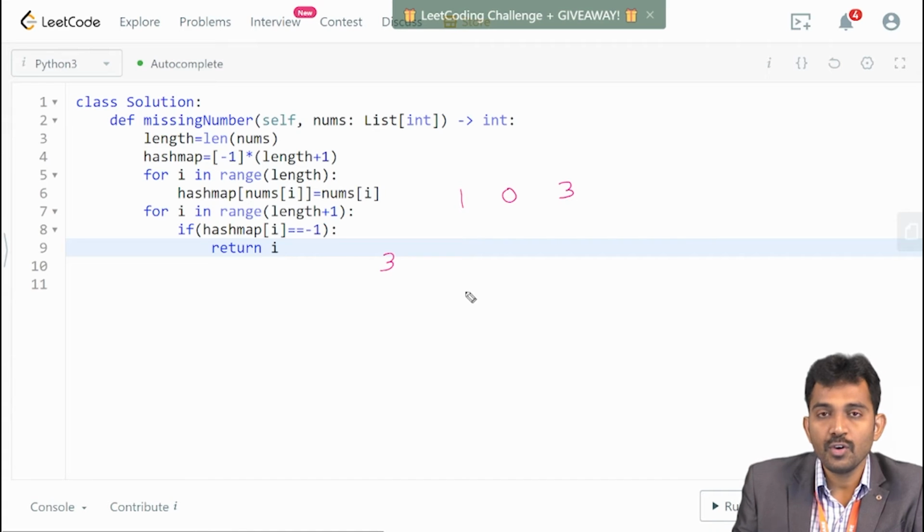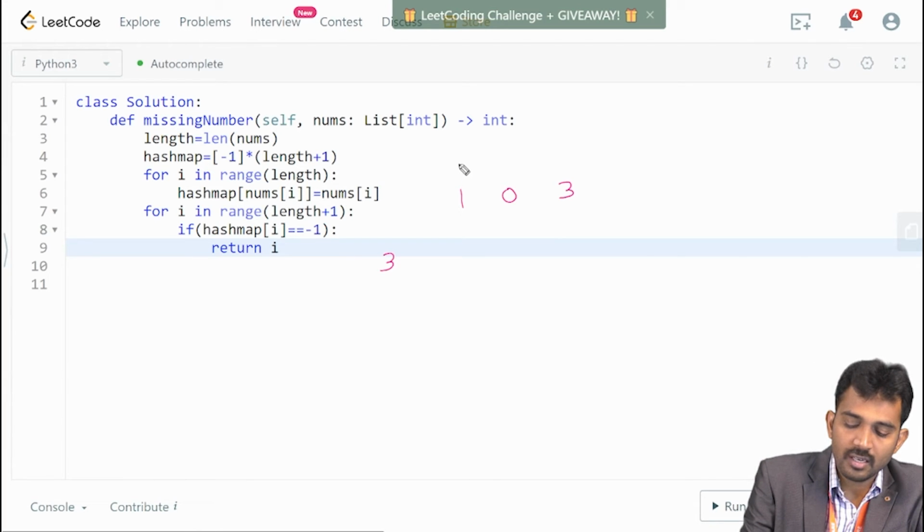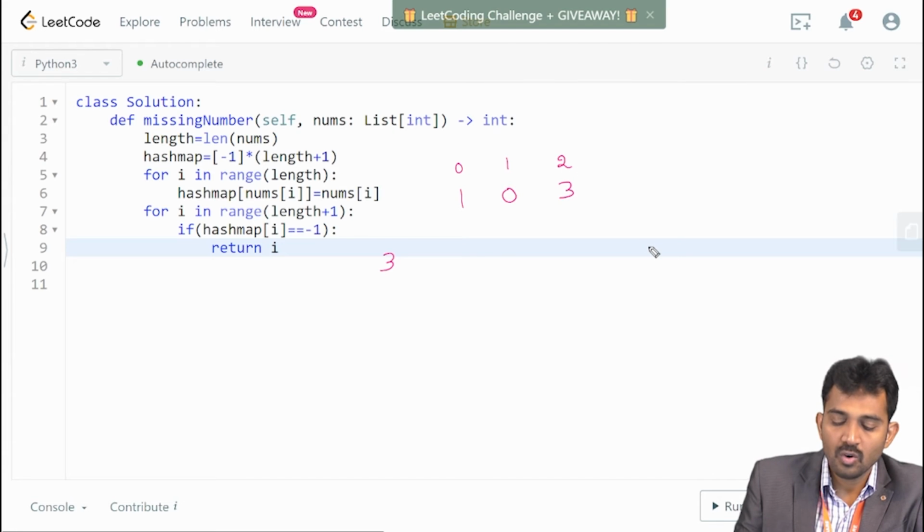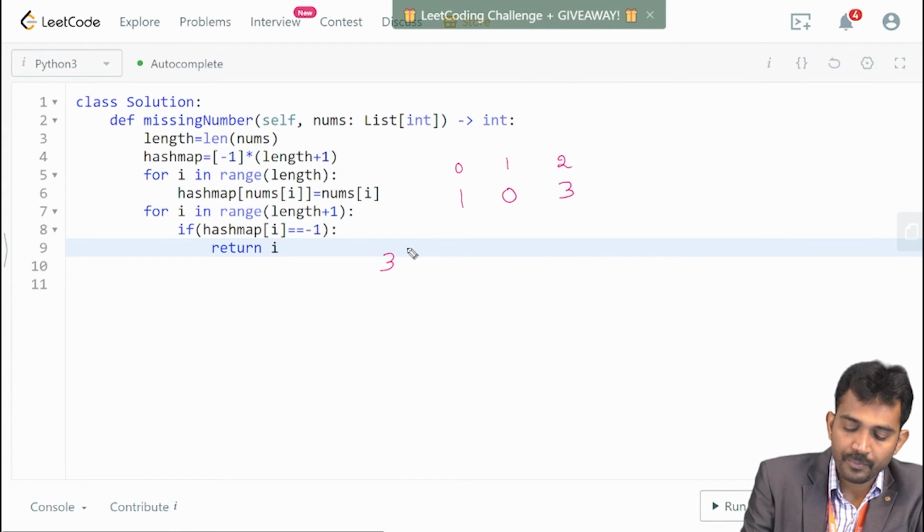If you perform XOR between these elements, then you will get the missing element. What you need to do here is XOR with the index of that element. 0 XOR 1, XOR 1, XOR 0, XOR 2, not AND.